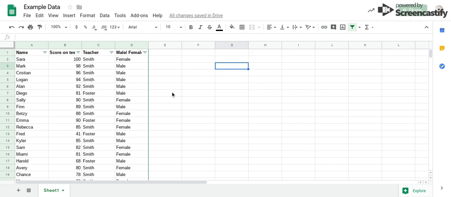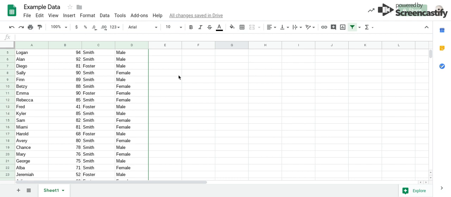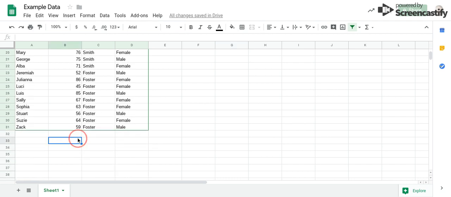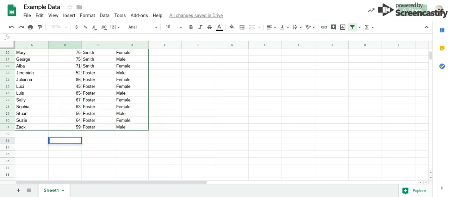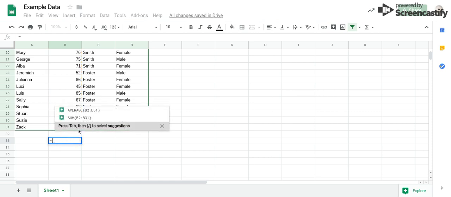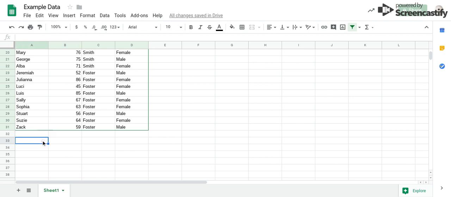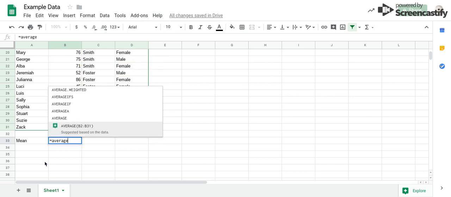Now, there are also functions in data, and you can create a function in any cell. A function's like an equation, which is why when we do functions, the prompt is to use an equal sign. If you don't use an equal sign, none of the formulas will work. Because, for example, if I say I want to find the mean, I'm going to type right here to show what we're doing, the mean. I'm going to put in here equal sign, average, since the computer doesn't recognize the mean as a prompt,